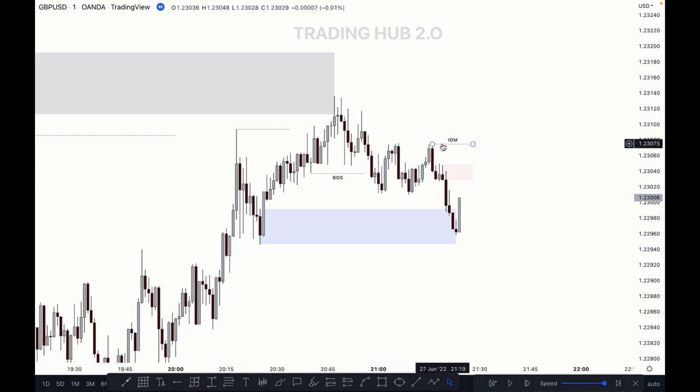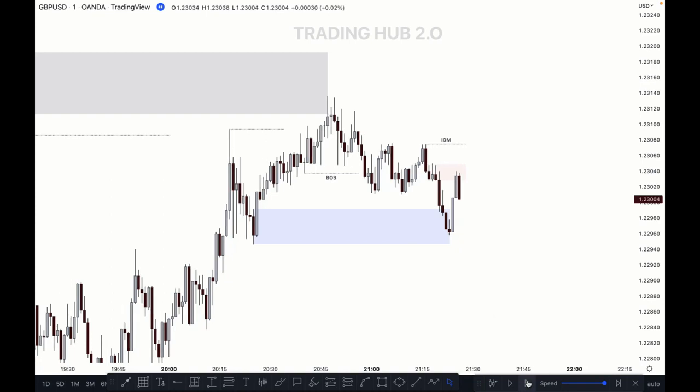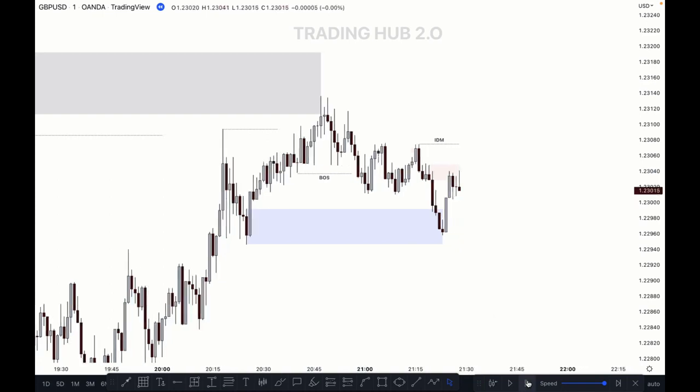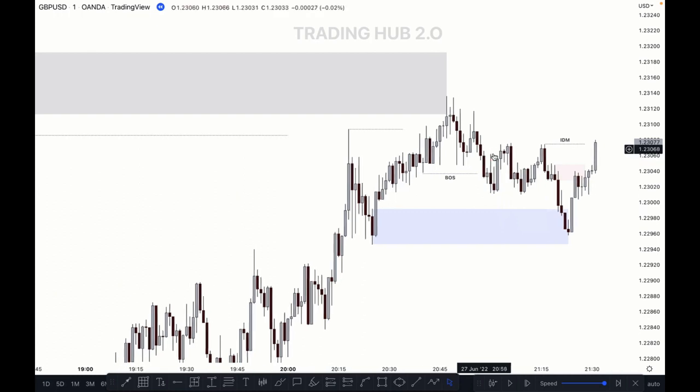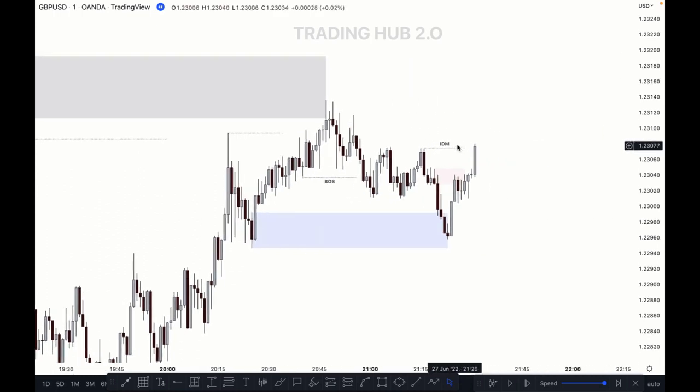This is our first inducement, correct. You have to wait for this inducement to be taken out before the sell. So let's see what will happen here. Market showing some reaction. Okay, let's see. And the market pushes higher, okay, after breaking this structure, and this is our inducement, because we know how to mark